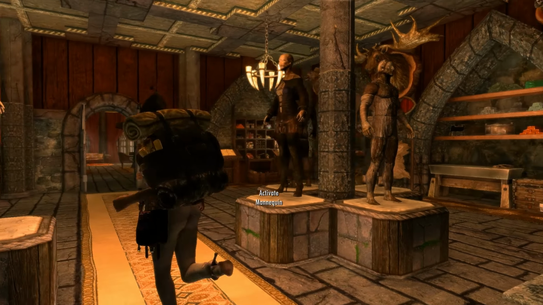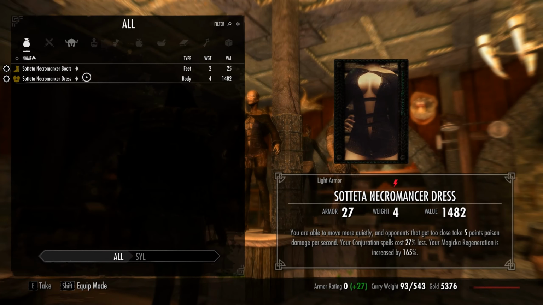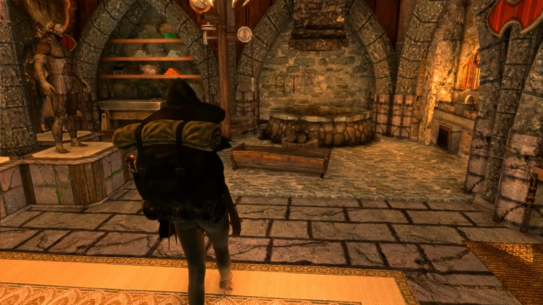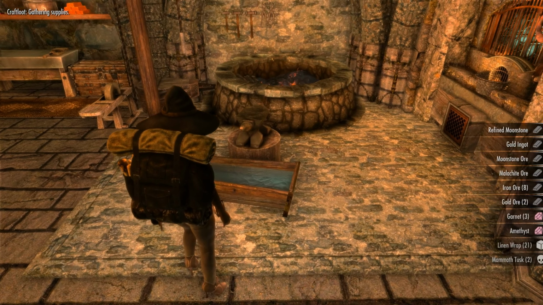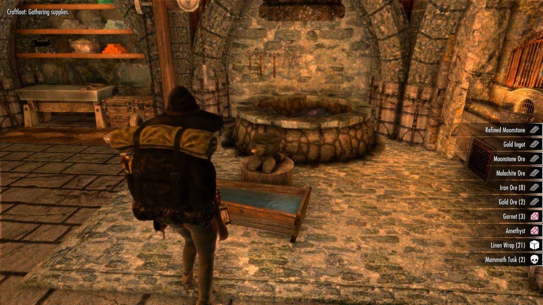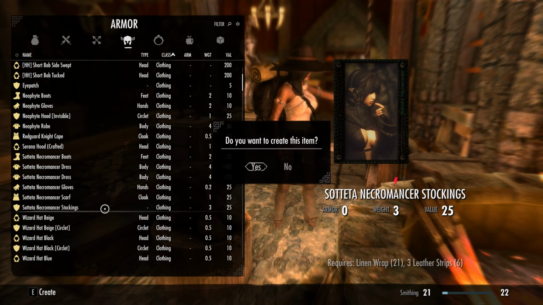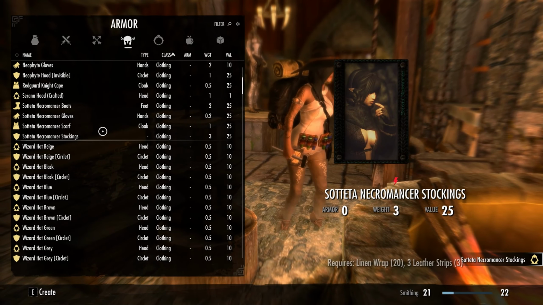But then I also have the other DX piece here, which is the Soteta, whatever this is, Necromancer as well. Big fan of this one, but it requires a couple more pieces than I currently have, so let me craft them for us right here to make the full set. So it requires the stockings as well as the scarf